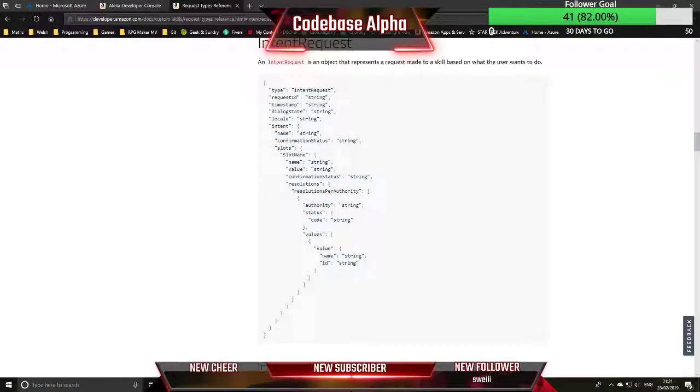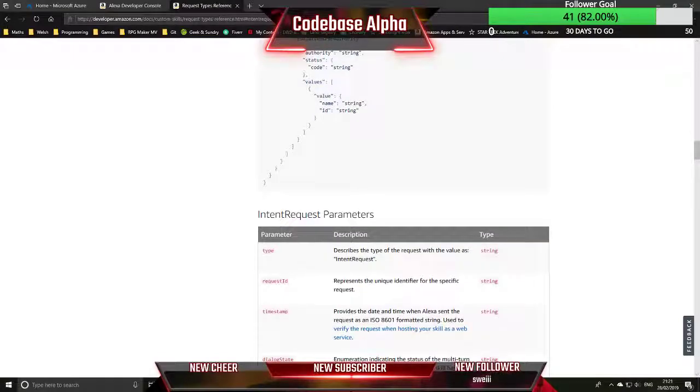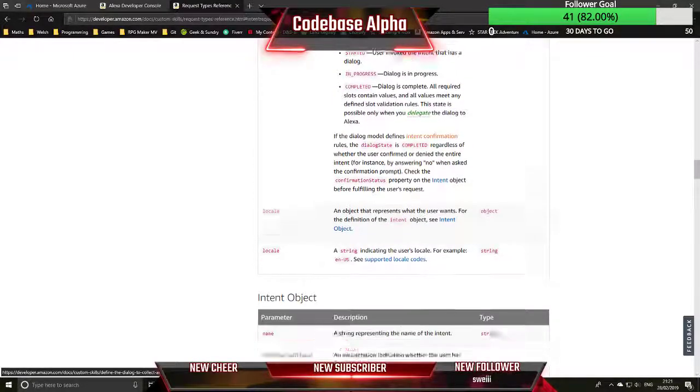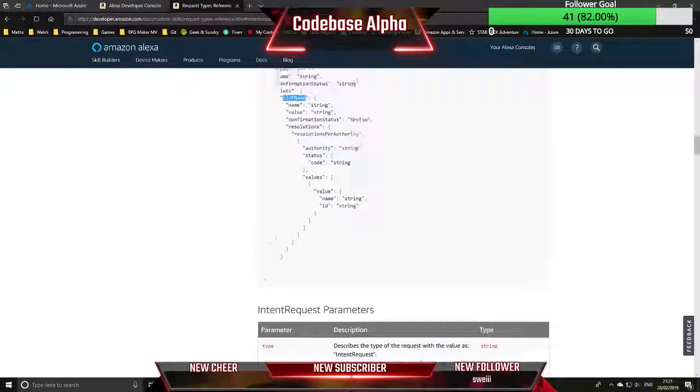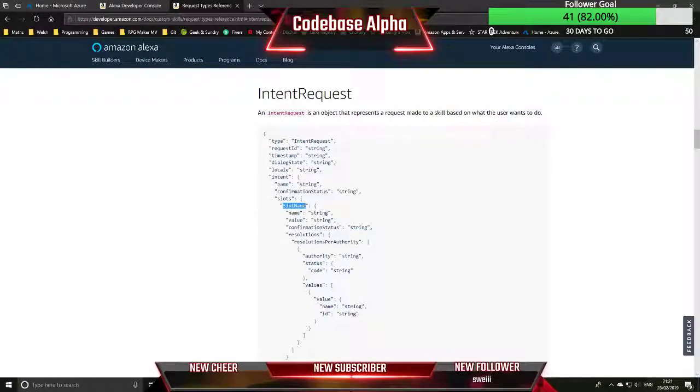So you can see slots is here, and it's got slot name, and it's capitalized, which really means that it's actually going to be the name of the slot. So it's not a type called slot name. So slots doesn't consist of an object of type slot name with all these various bits and pieces to it. There could be more than one slot in there. So for example, you could say